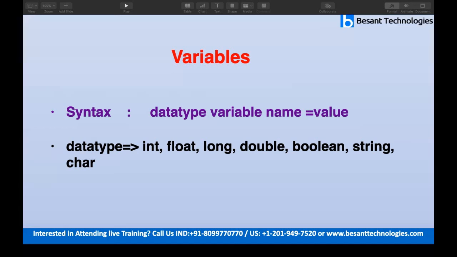And we have some naming conventions for all these things. Let's see what data types are present in Java. Integer, float, long, double, all these are numerical data types, and Boolean is there. And string is a special data type in Java because it has a dual role. String acts as a data type as well as a class. These are the data types present in Java. If you want to store strings, you have to mention them with double quotes. If it is a character, you mention it with a single quote. If it is a number, you need not mention any quotes. You can store your value straightaway.